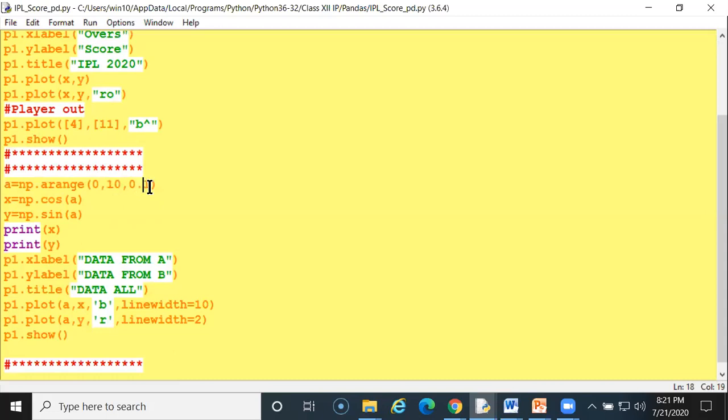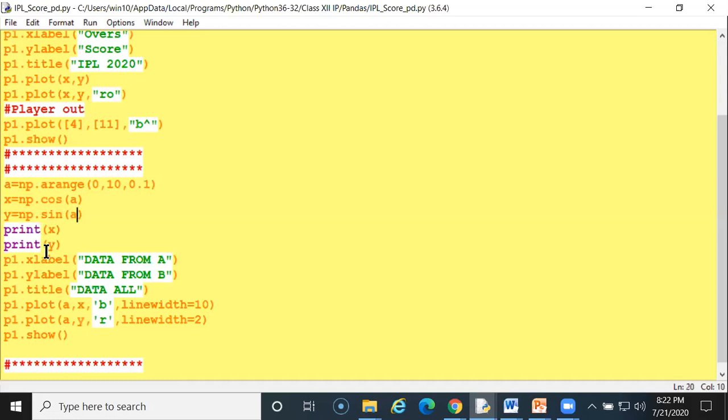Now x equals np.cos(a). What is cos? This is a function from numpy; it will make the cos and sine of a.